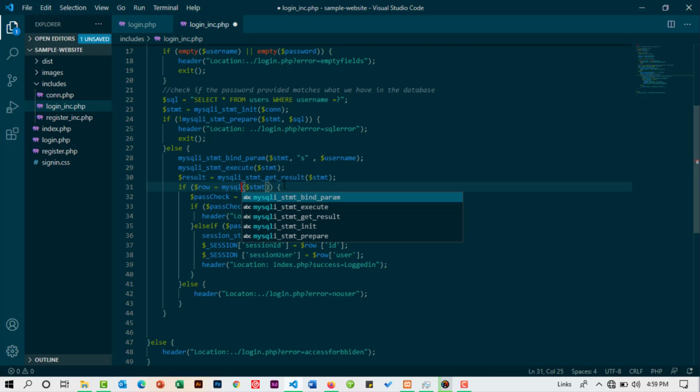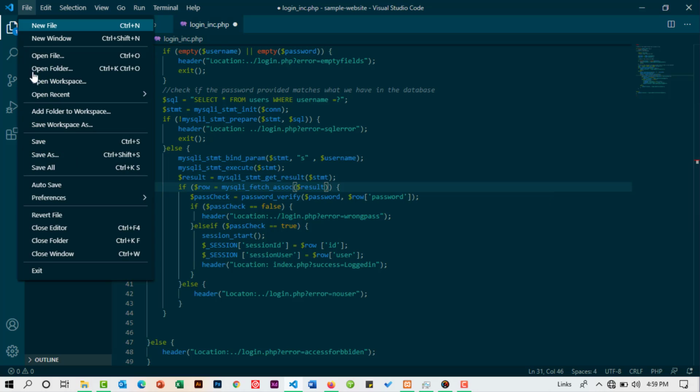So this was supposed to be mysqli_fetch_assoc, like that, and this should be equal to the result, the variable result that we have here. Good. So now we can save that,